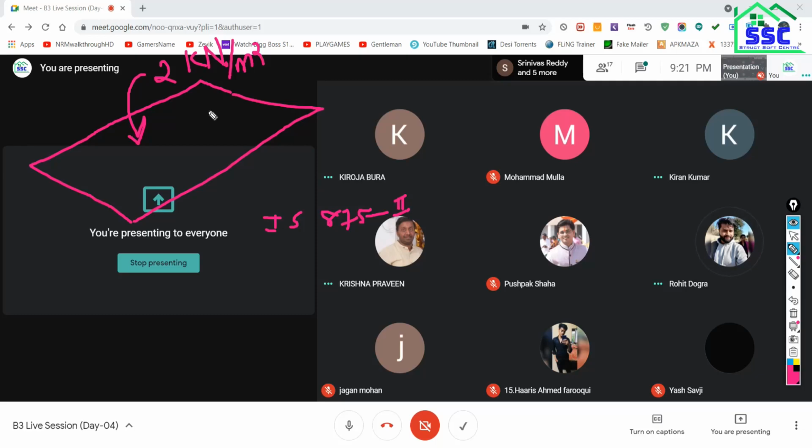It is one more important thing that students don't know. We are not going to assign this 2 kilonewton for the entire area. This is for 1 meter square area. This is for only this part. For this part, we are going to assign 2 kilonewton per meter square area. Are you getting my point? Hello?